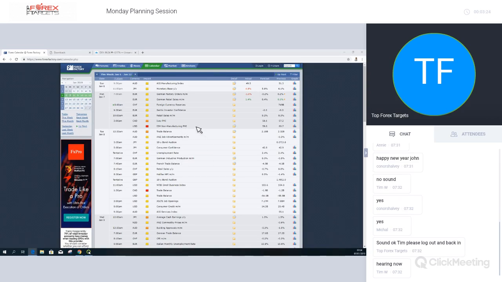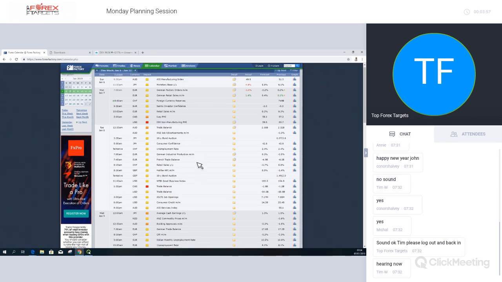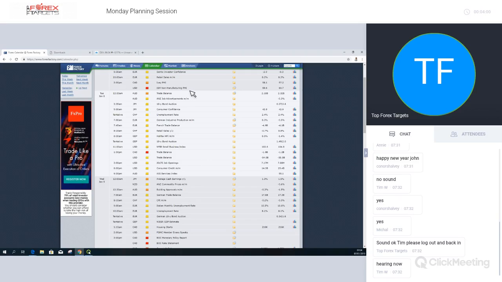So we do have the ISM non-manufacturing PMI coming out today. It's an important piece of data. It's a leading economic indicator, but it's not something that causes, let me just close down my emails a second. Now we've started. So it's an important piece of economic data, but it's something which near-term, short-term moves the markets. It doesn't tend to reverse trends or anything like that. So something we'll be watching out for today, but not in terms of trading it or anything like that. More of a macro view of what's going on in the US.